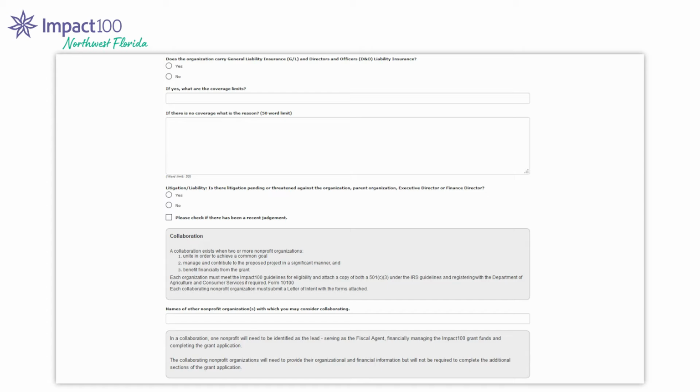We're asking for general liability insurance information and the coverage limits. If you don't have coverage, please explain to us why. And then the next section is on litigation and liability as to whether or not there is any pending information